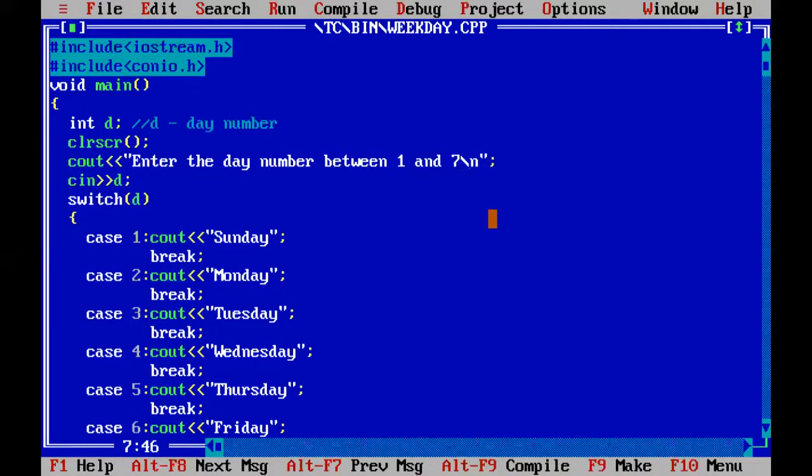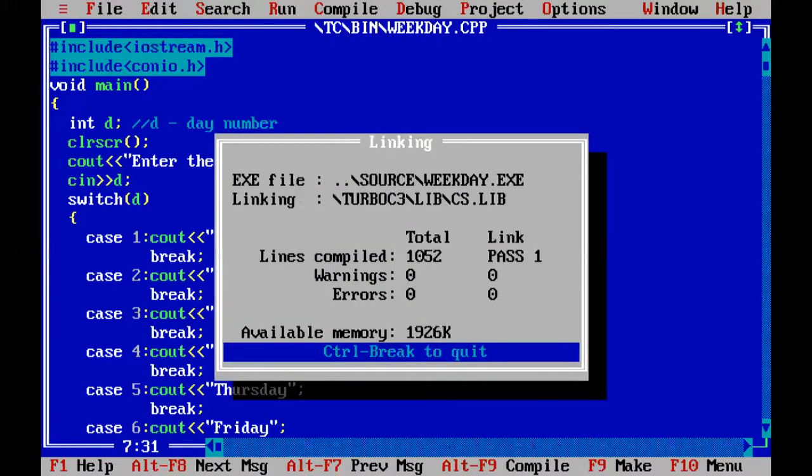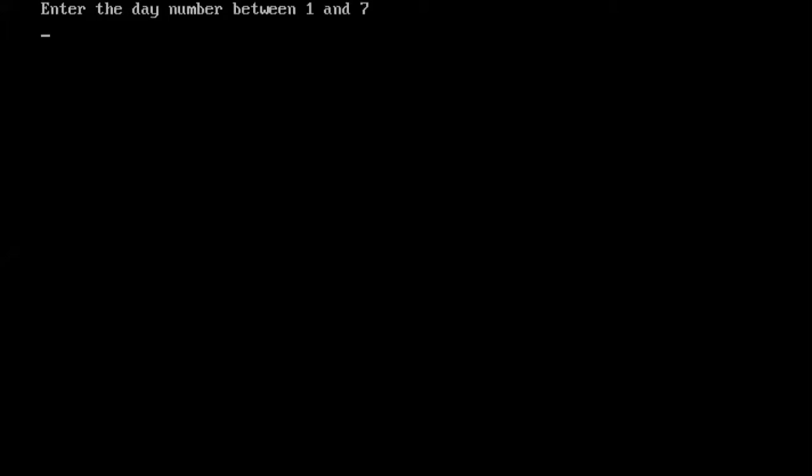If you don't enter the message between 1 and 7, the user will come to know. But still, it will be good if we tell the user to enter between 1 and 7. You just see here. Suppose I enter more than 7, say 10. Okay, so it says invalid day number. So again, the user has to enter the value. Once again, we have to execute the program. The user has to enter between 1 and 7.